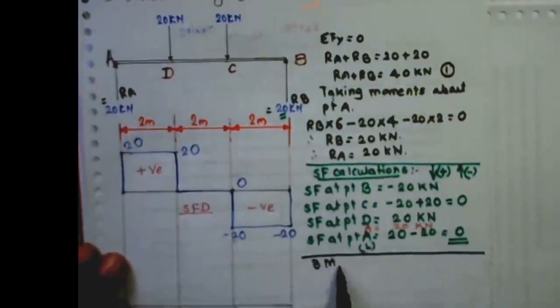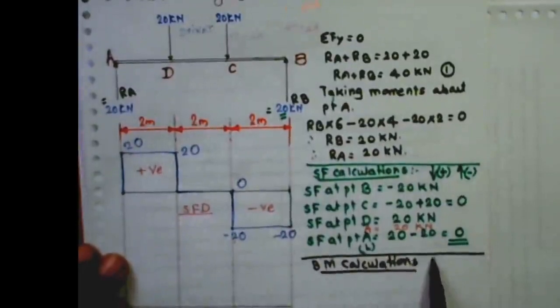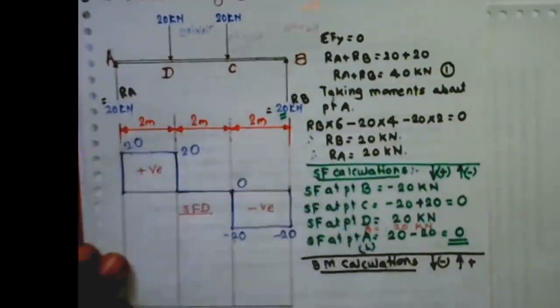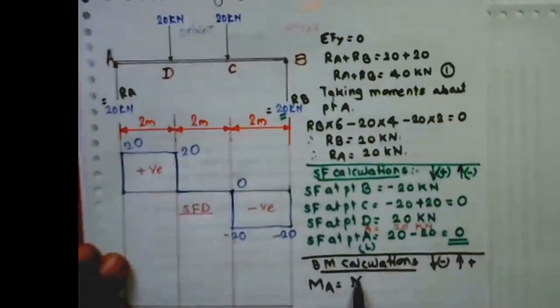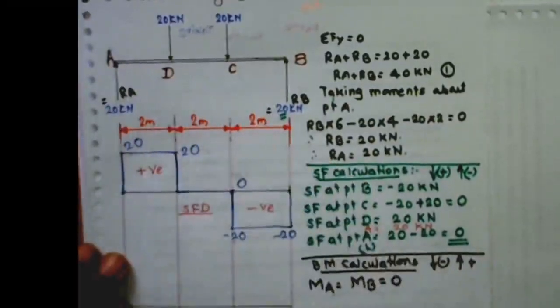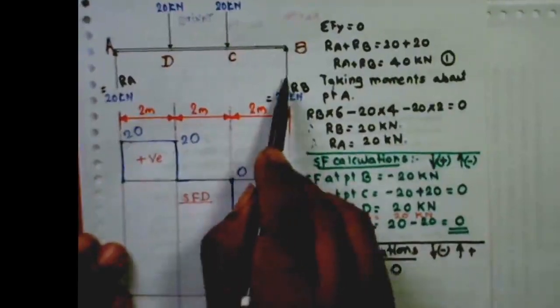So to calculate the bending moment, we have to decide the sign conventions, and as per our sign conventions we are considering downward force negative and upward force positive. So here it's a simply supported beam. For the simply supported beam, bending moment at end point is always 0. It means bending moment at point A and at point B is equal to 0. To calculate the bending moments, we will go from right to left.